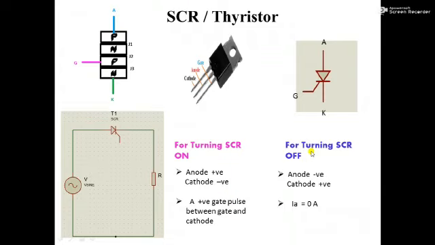Now since this is a very short revision, I am not talking about the currents called latching current and holding current. You will understand these two currents and their importance when you watch a detailed video on SCR working. So you have to just understand here the conditions required for turning on an SCR and turning it off. Now this same circuit we are taking in the next slide, and we will understand what happens when the positive half cycle appears across the thyristor and what happens when the negative half cycle appears across the thyristor. This is just the simple basic functioning of this circuit.